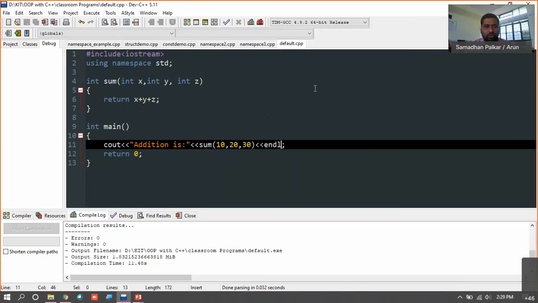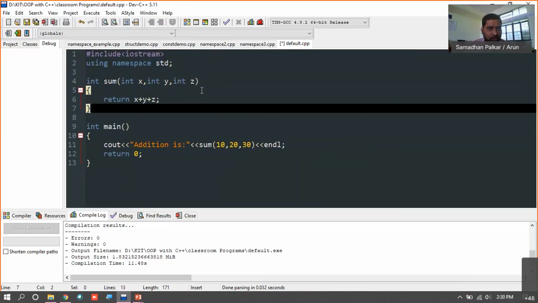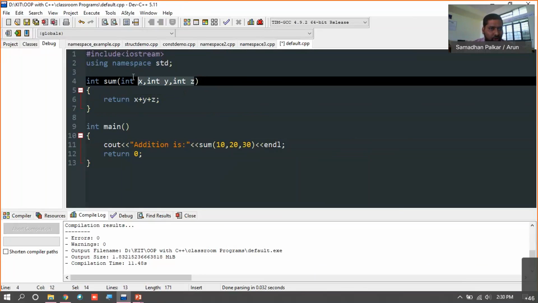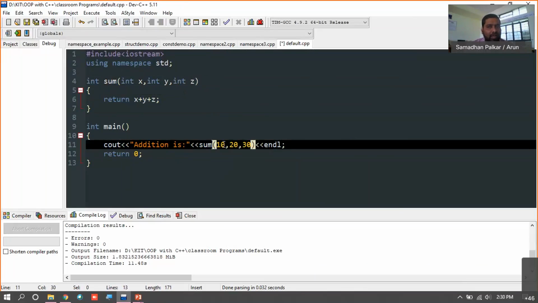Okay. So what actually the default argument is, the argument which is there is this, wherein you are passing the argument to this function called sum, right? So sum requires three parameters, right?